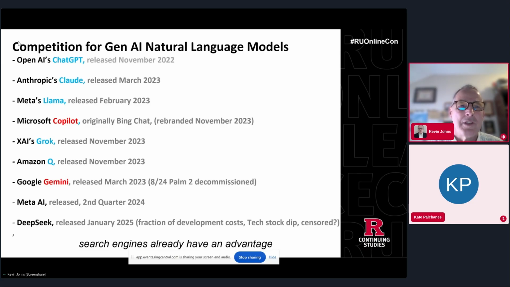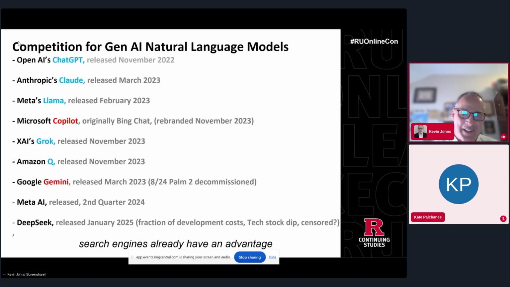One, if you're using Copilot and if you're using Gemini, I highlighted those two in red, they're at a little bit of an advantage, because if you go into Google, if you go into Microsoft today, and you start doing queries, Copilot and Gemini are the first things that are going to answer your question. So it's no longer going into these search engines, putting queries in and getting results in terms of websites that you can go to read more about the question that you put in. It's more that, hey, they're going to answer these things immediately, and then you can go to the websites. So these guys have a little bit of an advantage.